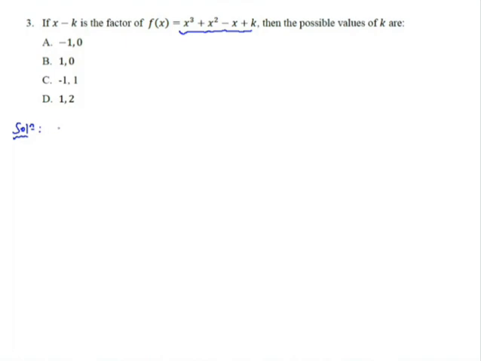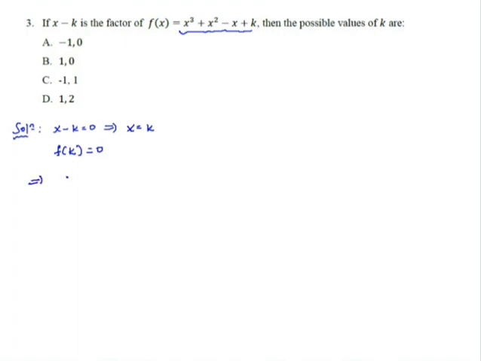So x minus k ፋክተር ከሆነ x minus k ለዜሮ ሶልቭ አድርገን ያ ማለት x is equals to k ፋንክሽን ውስጥ ሰብስቲቱት ስናደርገው የምናገኘው ሪዛልት ዜሮ መሆን አለበት። So if x minus k is a factor, f of k must be 0. That means the remainder is 0 ማለት ነው።